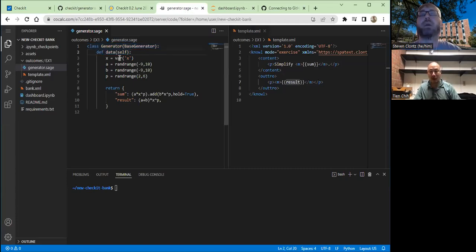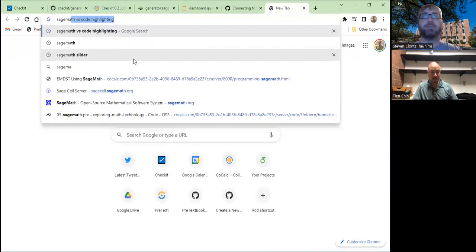So now that we're here, what's actually happening? Well, this is kind of the really basics of what a CheckIt problem does: you'll define certain variables using Sage Math. Other piece of advice for authors is just Google Sage Math